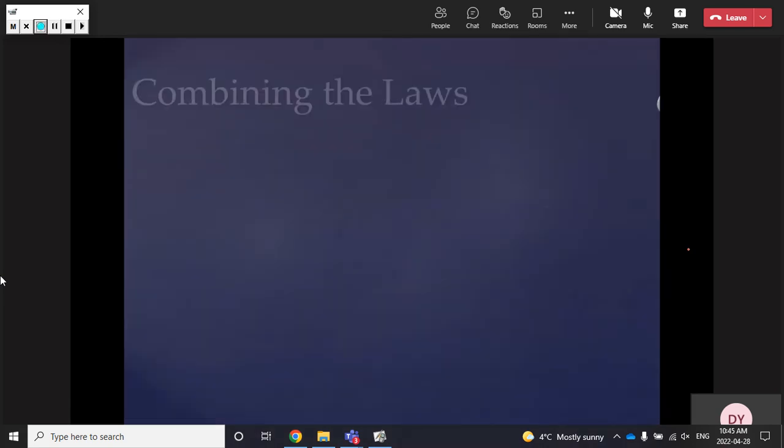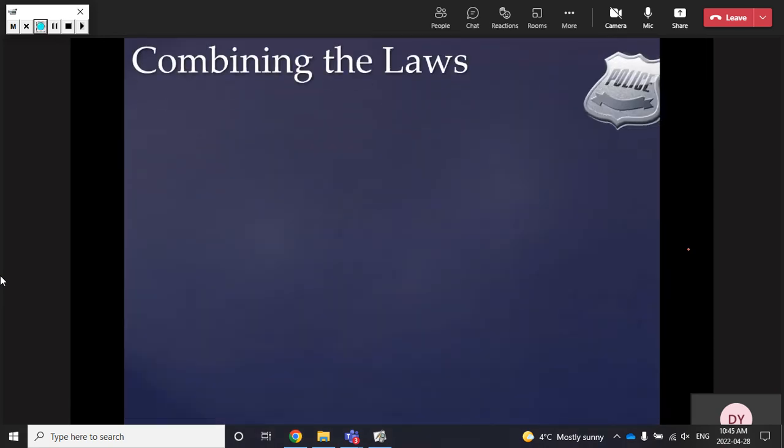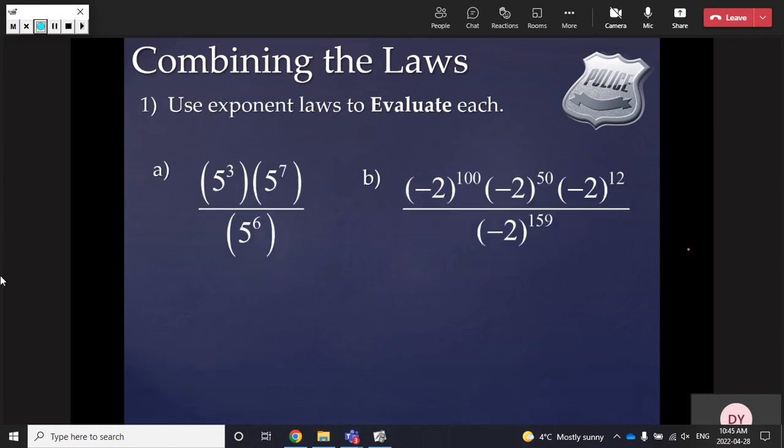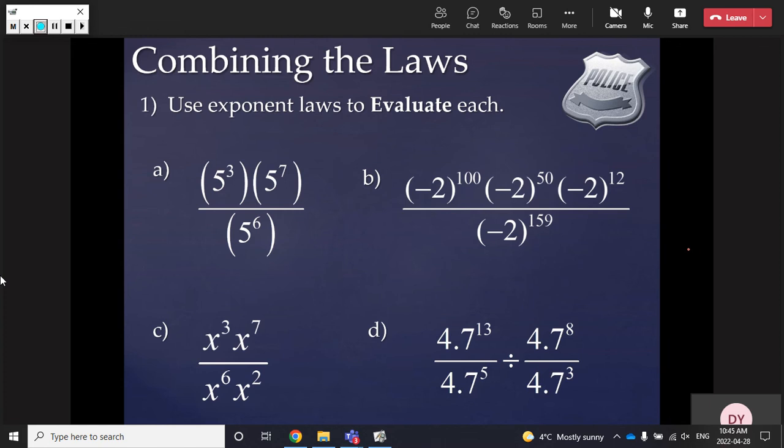Now, if you were out there, you're probably falling asleep during the first law, and the second law didn't surprise you at all. That's great. Now, a lot of the times what we like to do is combine the laws. So, what do you mean? Now, what we're going to do is,